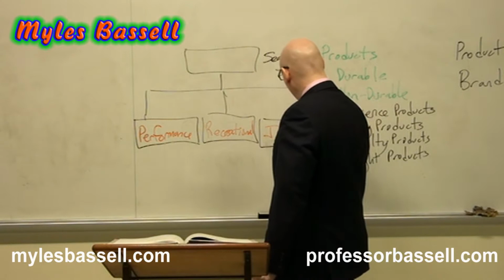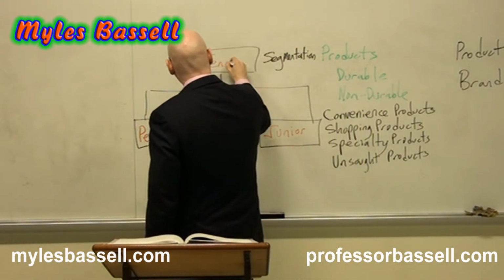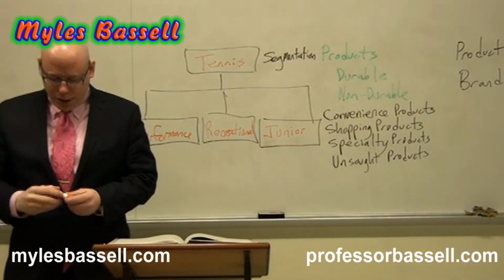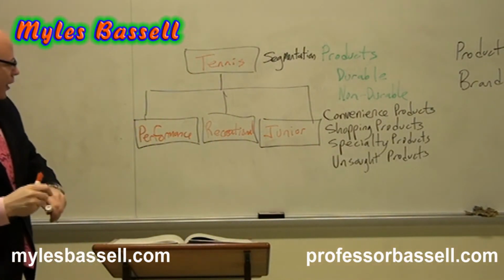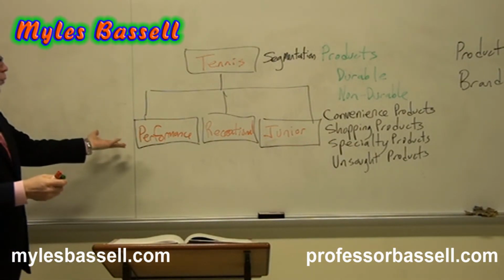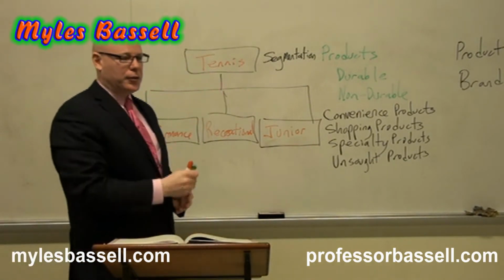And this is specifically for tennis? Yeah. So for the tennis market, there's a lot of different ways that we could look at the tennis market, and they segmented the market based on these classifications. What do these mean? What's the difference between those segments, and why is it relevant?